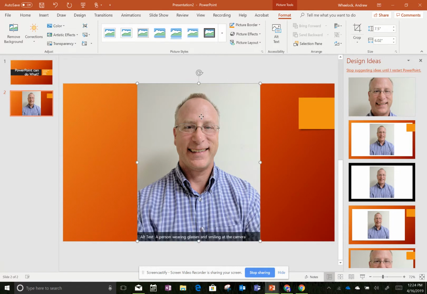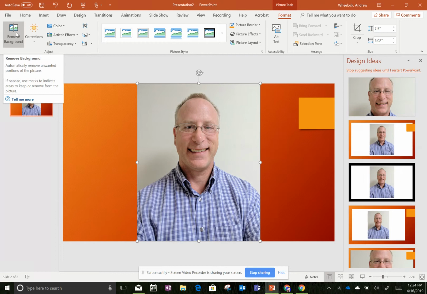You'll notice when I click on the picture, I get this formatting menu automatically. It brings it up, and there's a whole bunch of things I could do. I could add a border to it. I could make some picture effects. I could also add artistic effects. There's a bunch of things I could do, but what I want to do is remove this white background. So I'm going to click the Remove Background button,